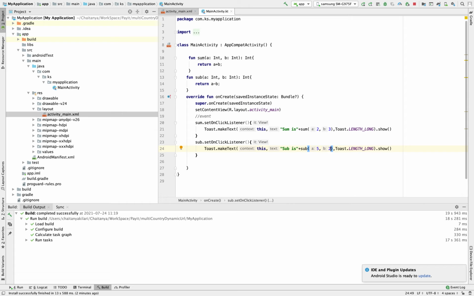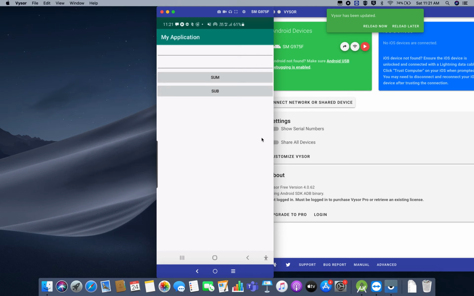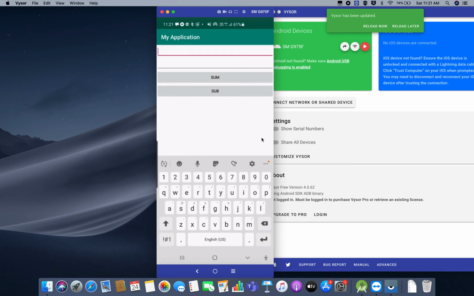Okay, now click this one. Now the APK is installing. Now see this, 5 and 2, subtraction is 3, the subtraction value is 3.